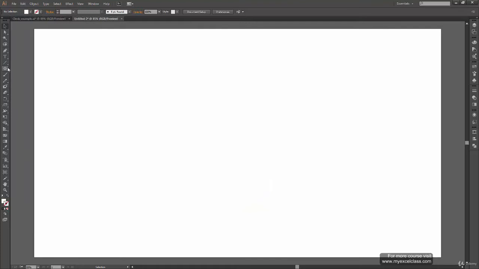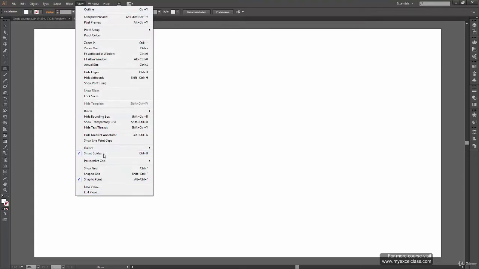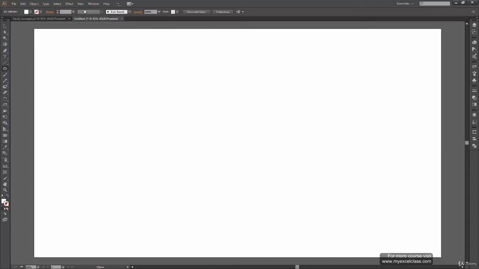All right, so select a circle and create a circle. Now when I go to the center of my artboard, it shows me this center. If you are not able to see it, you might want to enable your smart guides. You can enable it from View, and then you have the smart guides. The shortcut for that is Control U. Once you turn this on, you will be able to see this center and all the markings around the corners. That is the smart guide feature.